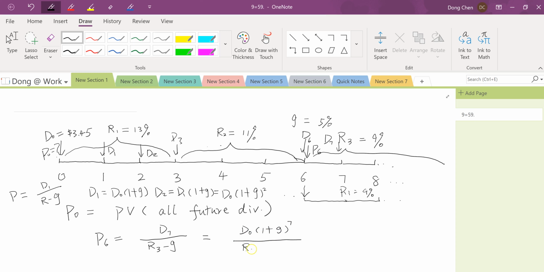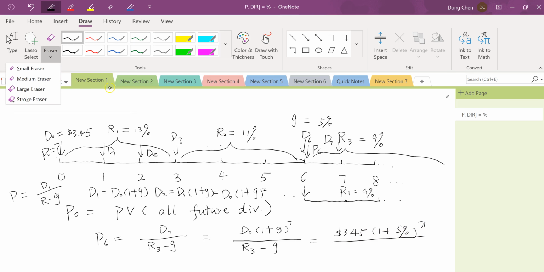And then divided by R3 minus G. So now we can plug in the numbers: 3.45 times 1 plus 5% raised to the power of 7, over 9%, 0.09 minus 0.05. So this gives me